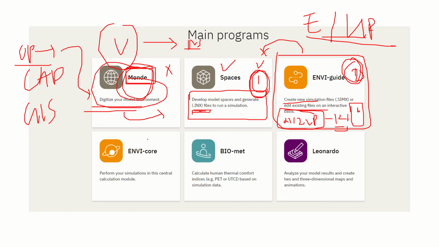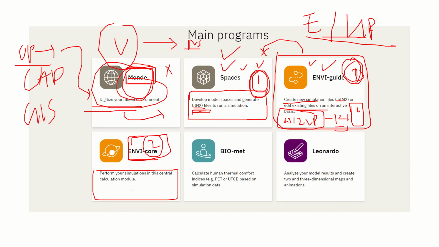And then we have something called NVMet Core. Once we create this model and assign the simulation, we have this INX file and this SIMAX file. Once both the files are created, we go to the third tool, where we have to import this model and also the SIMAX file and then run the simulation. This is the third tool that is there for running the simulation.